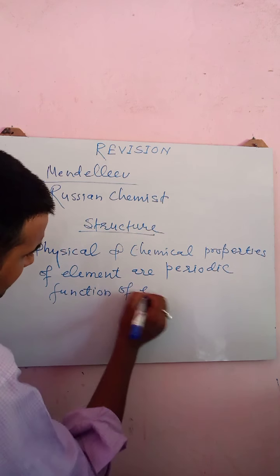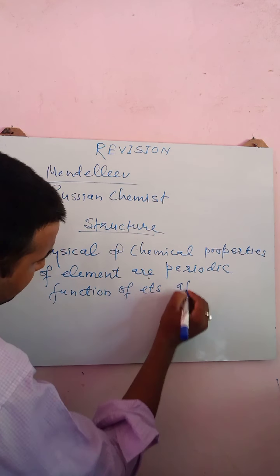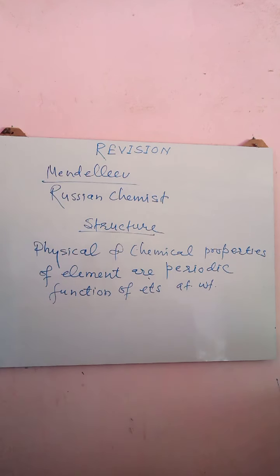It means properties are dependent on the atomic weight of the element. Right? I will not go into detail to explain this Mendeleev law. Many times I have told you all. Right? Now we will proceed toward the contribution of